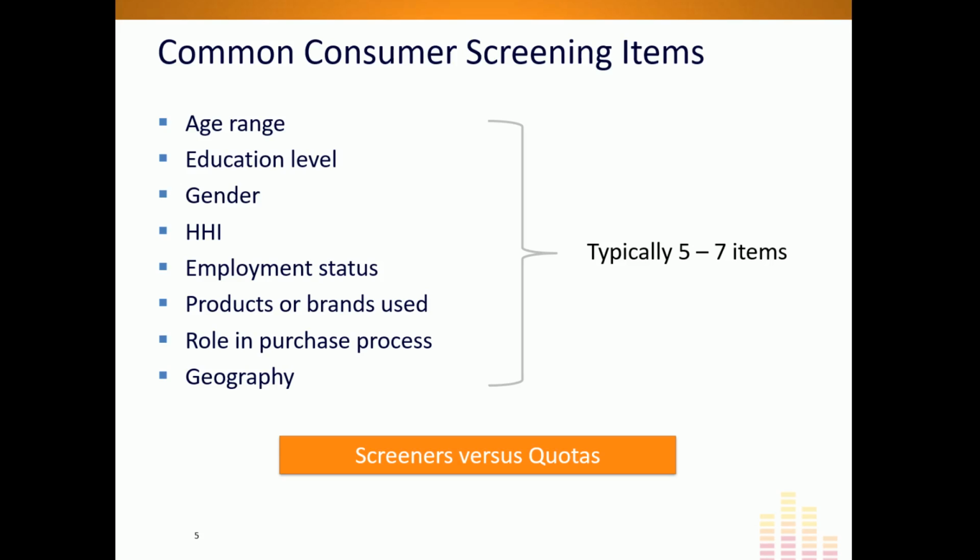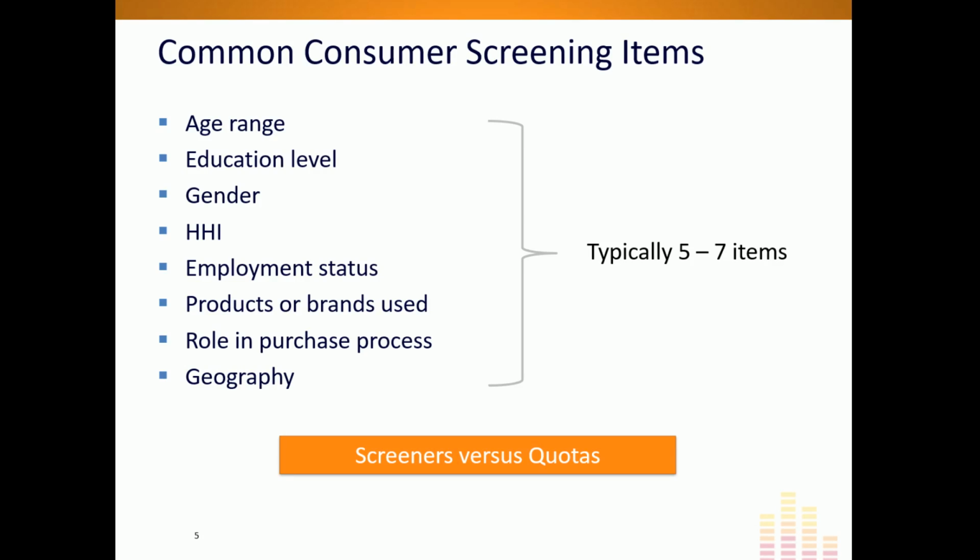Geography also can be really important. Obviously, if you're doing online focus groups, geography can be quite diverse. But even if you're doing in-person focus groups, we can be looking at not only geography in terms of a specific town or city, but where that person lives. Are they in the urban area of that location? Are they more in the suburban area? Are they more in a rural outlying area? So again, geography can also mean a few different things, and we want to be super precise. But we do need to make sure we ask the right questions to make sure that we get people who are truly qualified.